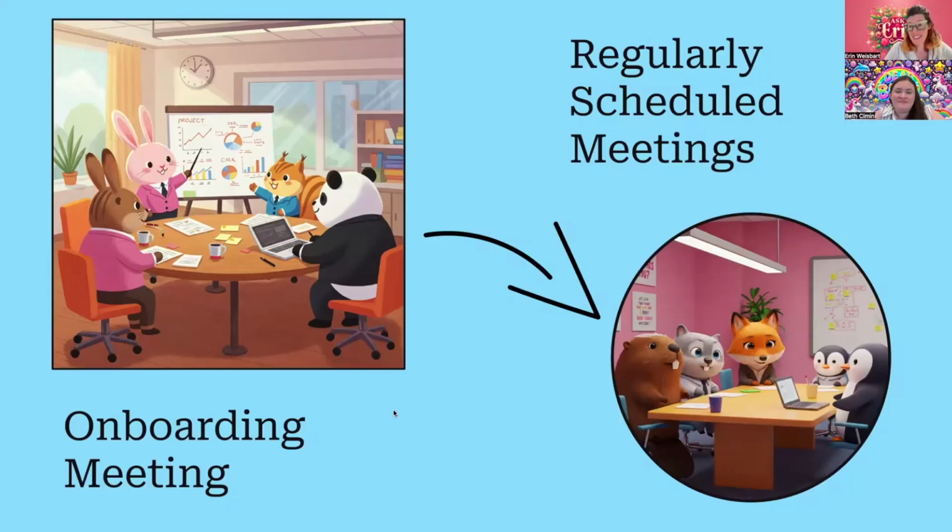Meetings. So we actually have a lot of meetings, and I know it can be really not fun sometimes to look at the fraction of your week that is taken up by meetings. However, it's super, super important in collaborations for this continued expectation setting to have ongoing meetings. So we always have an onboarding meeting that happens before we start any work. This is where we have the initial conversation about expectations: okay, we're going to work together, what does that look like? A meeting set aside just for onboarding.